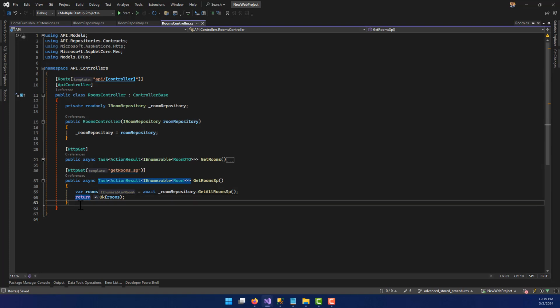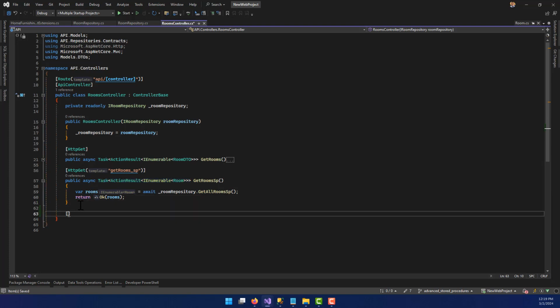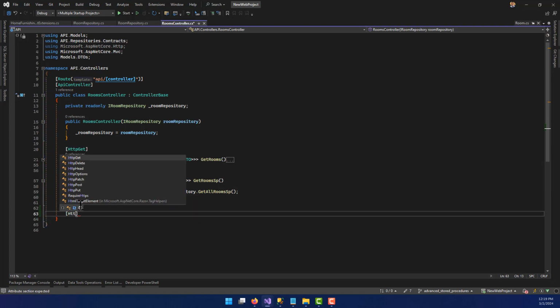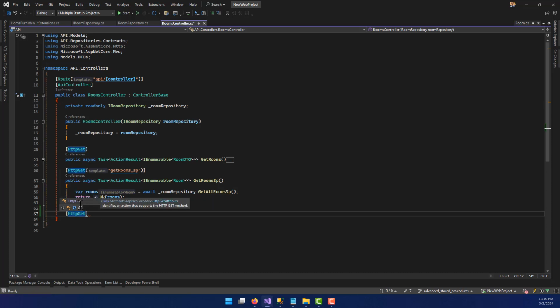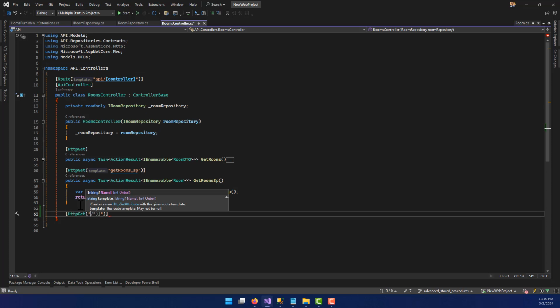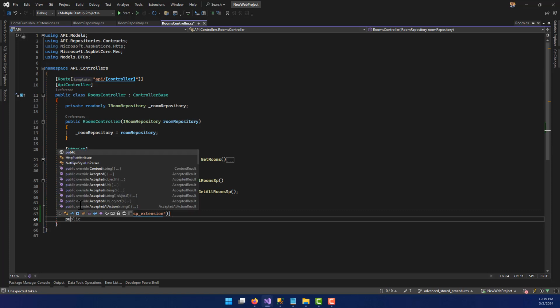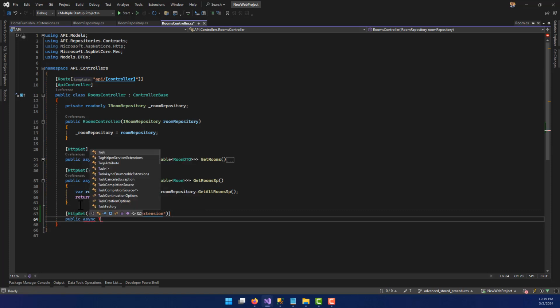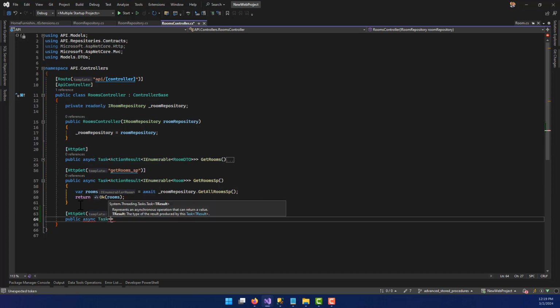So I'm going to make another controller endpoint here, HTTP get, and we're just going to name this one with a template of get rooms sp, and we're going to call it extension, just so we can test it. And again, this is not how I would normally want to do things, but the idea here is just for testing purposes. So I'm going to say task, and this is going to be an action